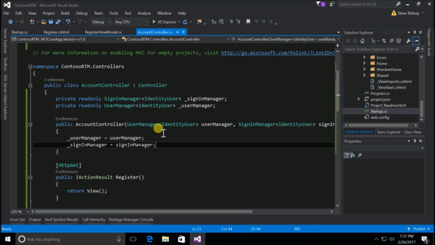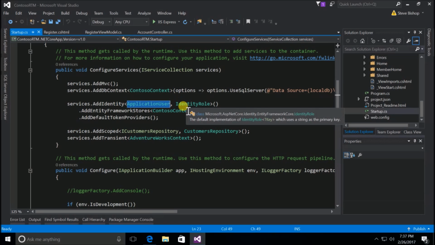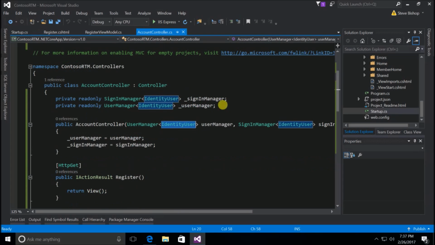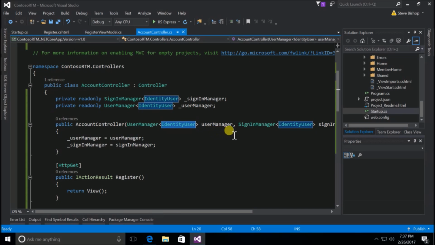And what I mean by that is this identity user is not actually what we've set up here as our application user and integrated with add identity. So it turns out to solve this particular problem, and in case some of you ran into this while you were doing it, I just wanted to show you this. I can change it from identity user to application user. So this is the actual class that we're setting up our users to be within, not just an identity